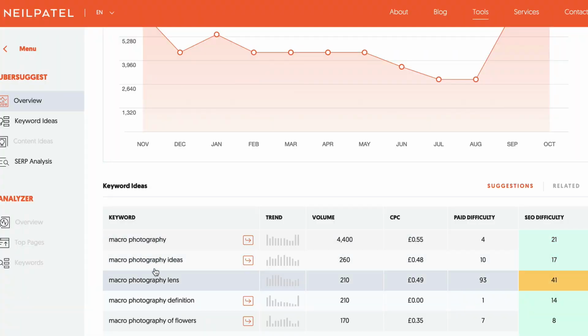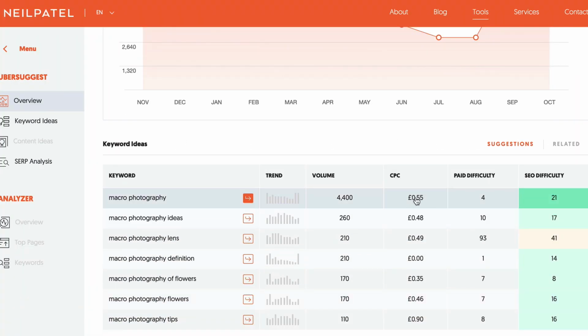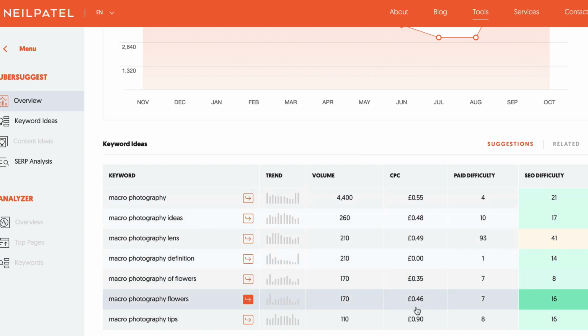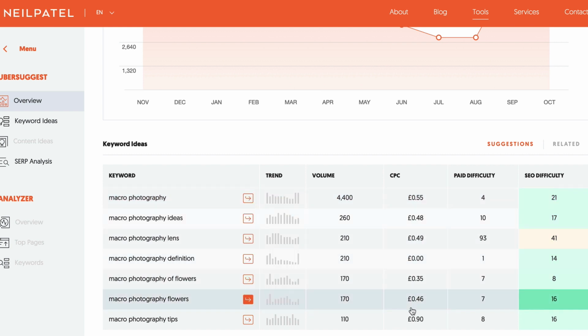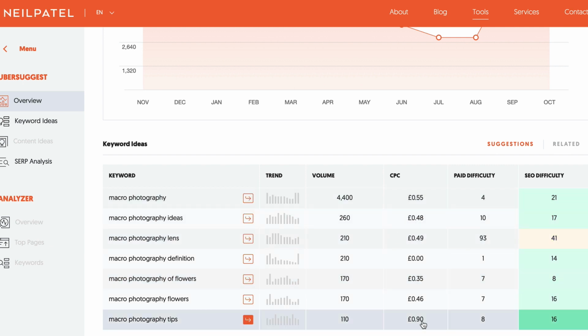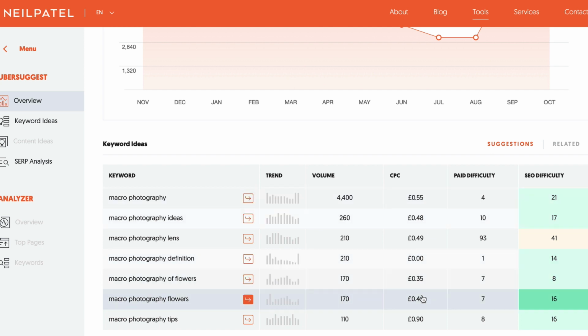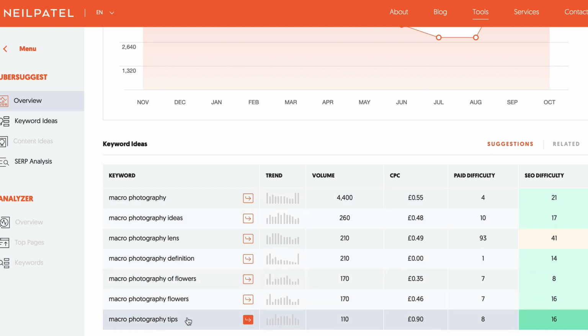Here we've got keywords that we can use, and I want you to pay attention to the CPC. This is probably the most important part that Ubersuggest will tell you, because it's telling you how much a click is worth. And the more expensive a click, the more demand for that keyword search phrase. So, macro photography tips. That's probably going to be the best one out of this section. So what we do is we then go to Keyword Finder